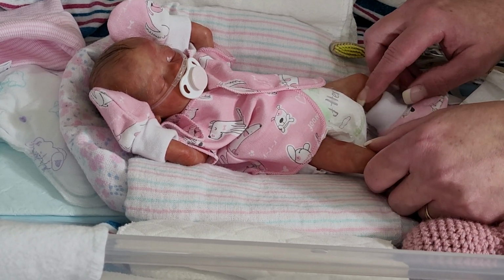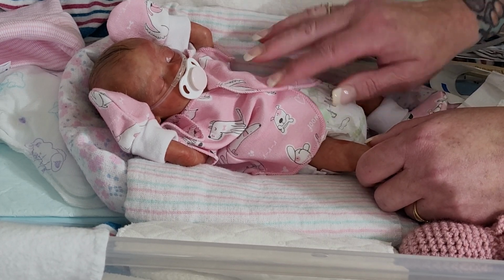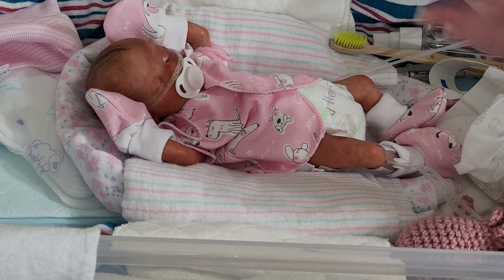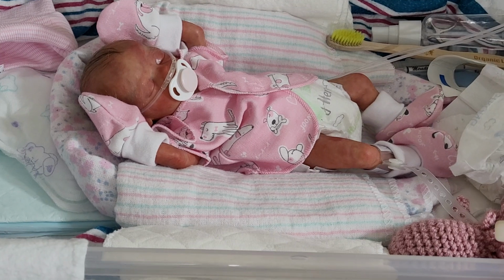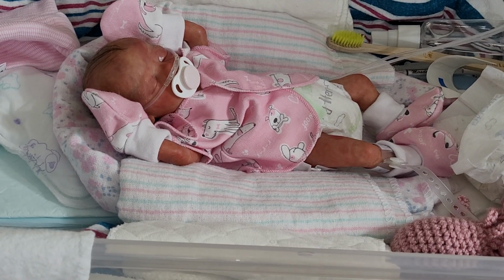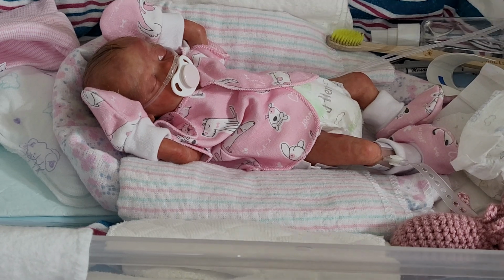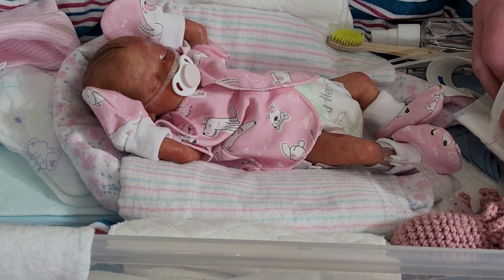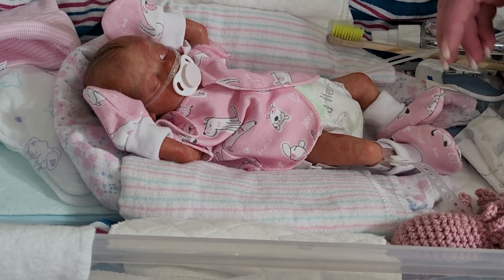And I just feel more comfortable at this stage, being a beginner at reborning, that I want to share it, I want to vlog it, I want to document it, and share it somewhere. But it's just more comfortable for me, and I'm less overwhelmed, because even when the babies are finished, and now most especially Judith, it's, I don't want to say it's anything in a bad way,